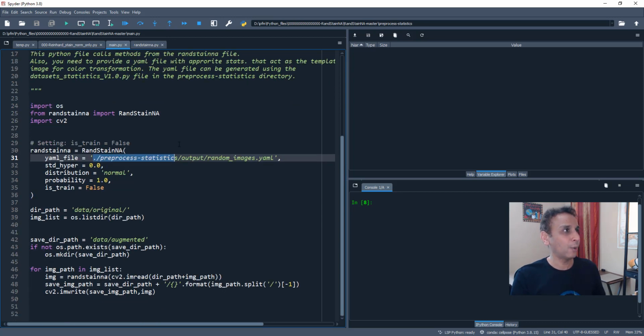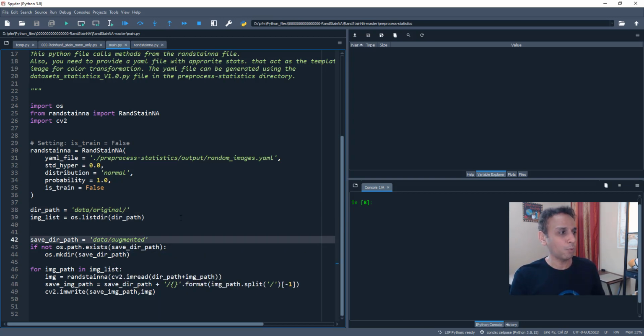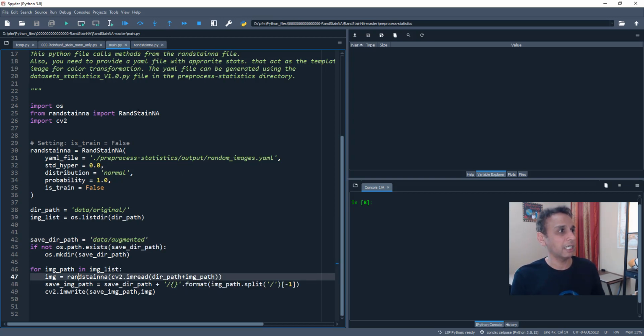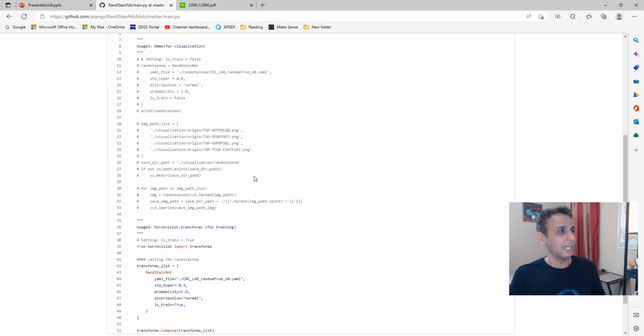And now as part of my main file, I'm saying, okay, my directory path is right there, and I save the output into the augmented directory. And what is it doing for each of my images? It's taking my brand StainNA and reading the images, doing its transformation, and then saving it. And if you look at their main program right there,